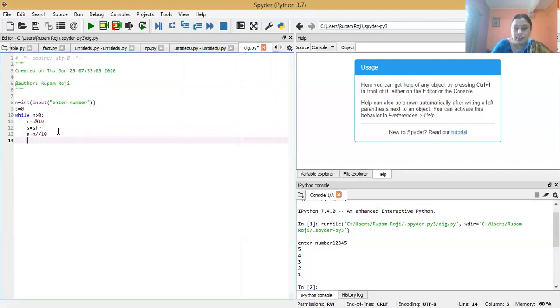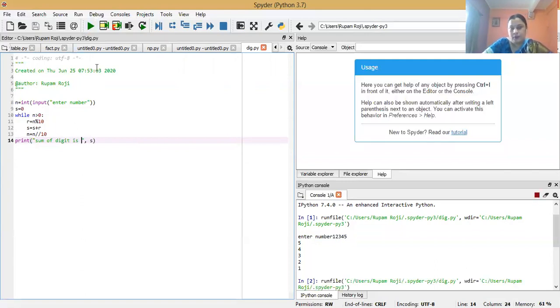After executing the loop, we will use the print statement. Print sum of digit is s.